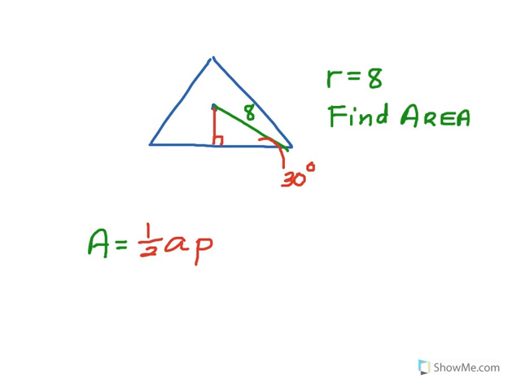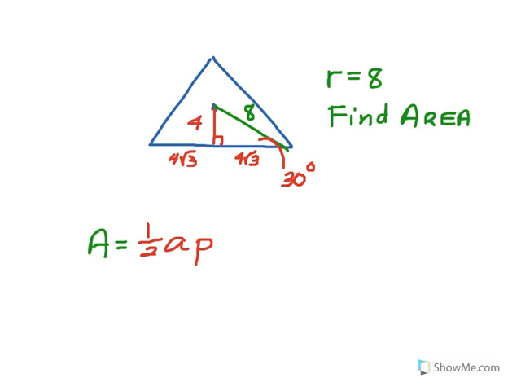So if 8 is the hypotenuse of a 30, 60, 90 right triangle, then the apothem here is 4. And half of the bottom side, the long leg, is 4 root 3. Okay, and I know I've got the same thing on the other side, so I'll have a 4 root 3